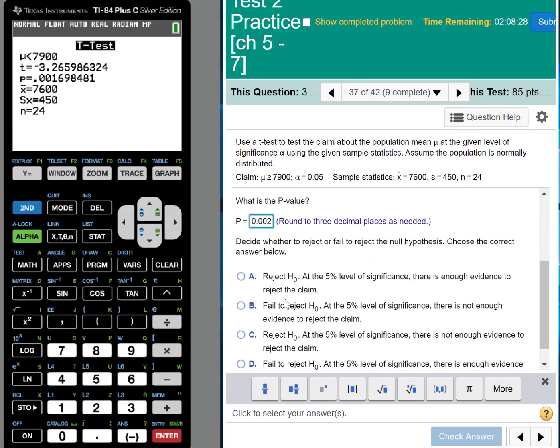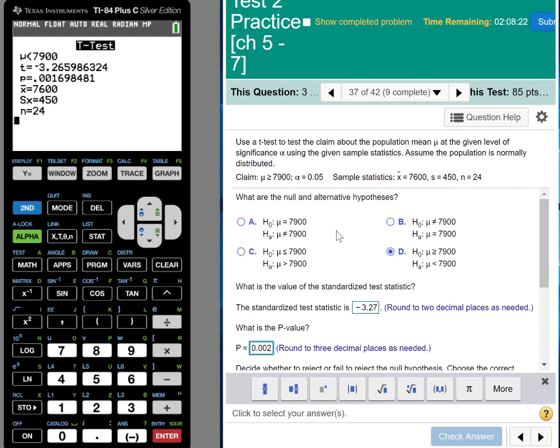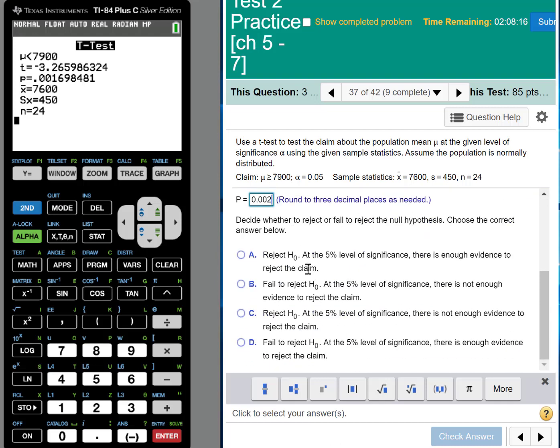Okay. Conclusion. 0.002 is less than alpha, so we reject H0, and there is enough evidence to, since the claim happened to be in H0, to reject the claim. So let me look for this language. There is enough evidence to reject the claim. That must be